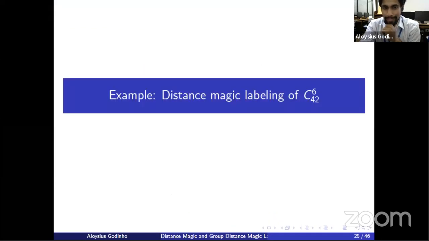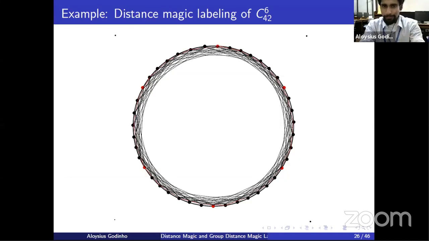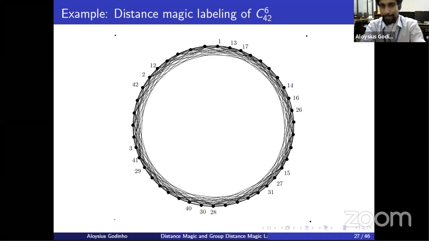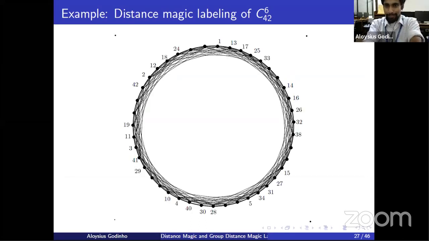The way we label this graph is a very standard technique. We come up with these sequences. These sequences are very common. For example, we use them in magic rectangles and so on. So you write down the sequences and we label the graph with the help of the sequences. For example, the first sequence would label these vertices, then you just move to the right. Next sequence, label the next vertices on the right. Keep moving on the right and so on. So we label every vertex in the graph.